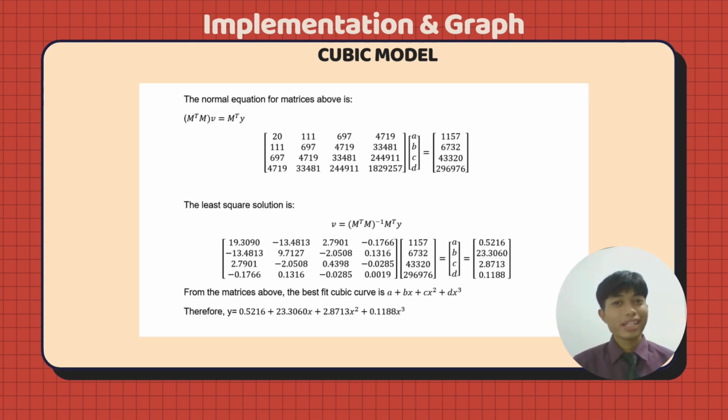Then, we can derive the normal system by using the normal equation, which is M transpose multiplied by Mv equals M transpose y. And then, we can get the least squares solution by making v the subject. Then we are able to find the equation of the best fit cubic curve, which is y equals